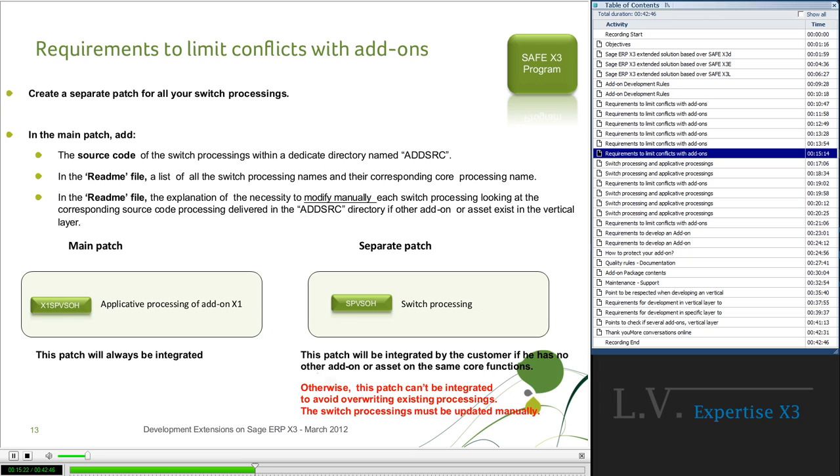So now, how to manage the integration of the switch processing in a customer folder.